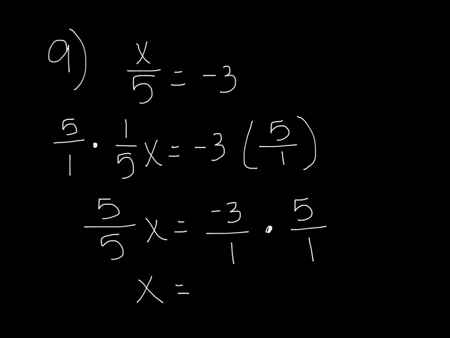What's negative 3 times 5? It is negative 15/1. Do I have to leave it as over 1? No. That ends up being negative 15. Now, I need to double check myself. So, I know that this checks out. And we are done. I'm going to go ahead and double check myself, going back to my original